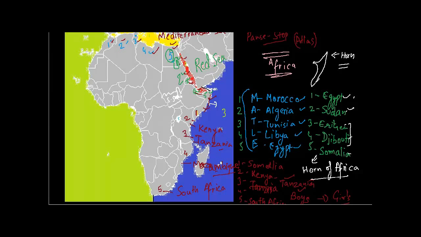And out of 54, we have done somewhere around 54 minus 5 plus 4 plus 4. So these are the countries that we have